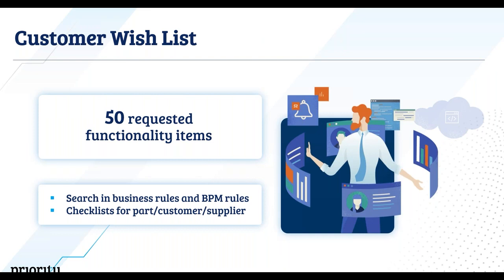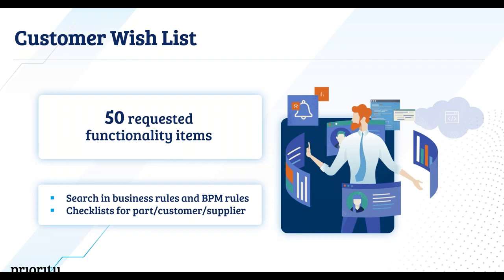Aside from what we chose to show you on today's webinar, there are plenty of things that we do that are a result of feedback from the field, our customers and our partners. If we take a second to look at the big picture, I can tell you that in version 23.0, a total of 50 wanted functionality items from our customers were taken care of. You can see here on the bottom just a little glimpse of some of the things that you asked for